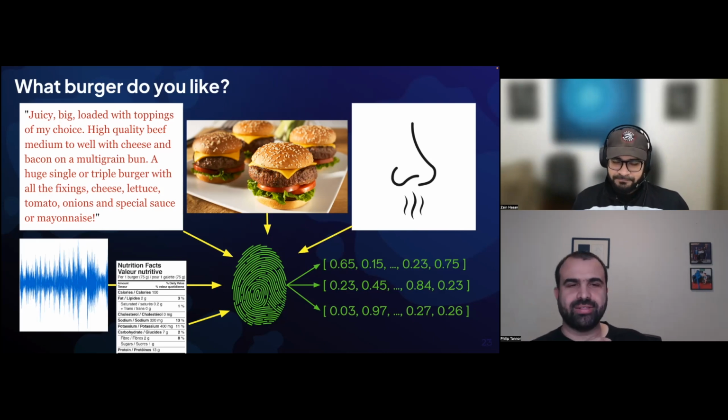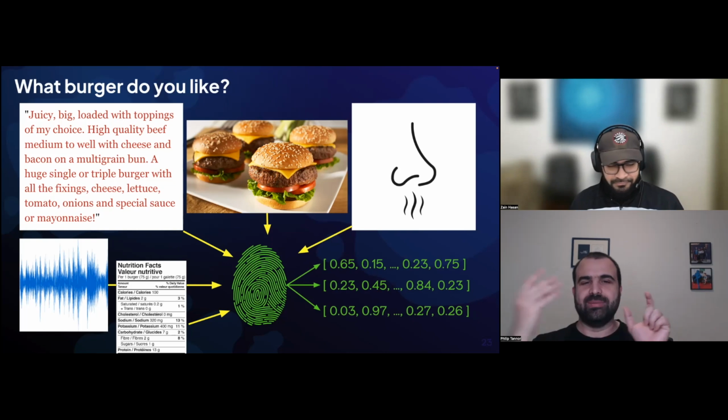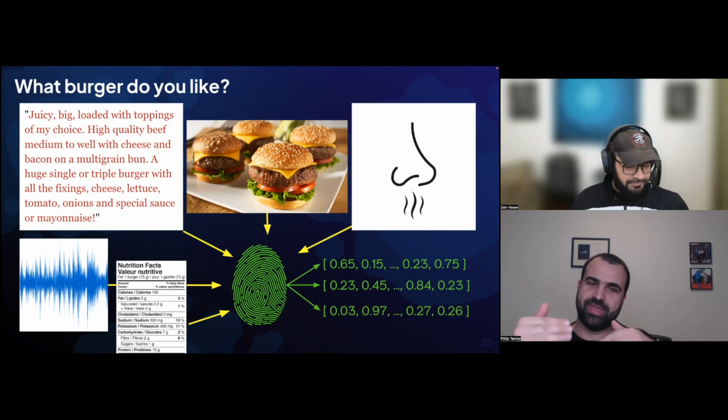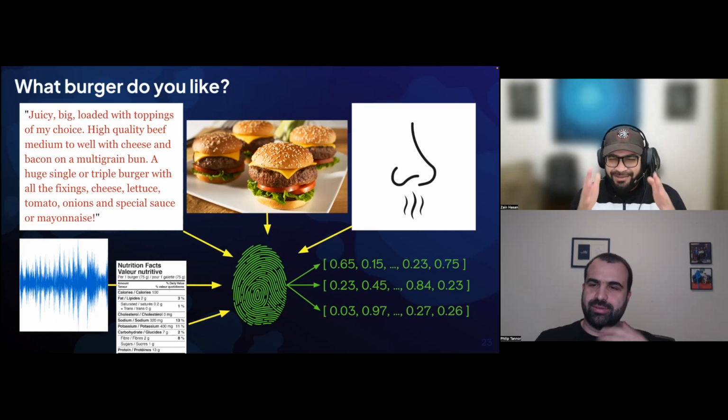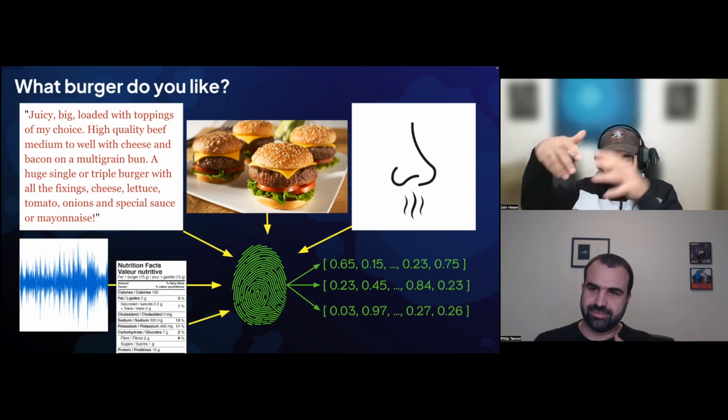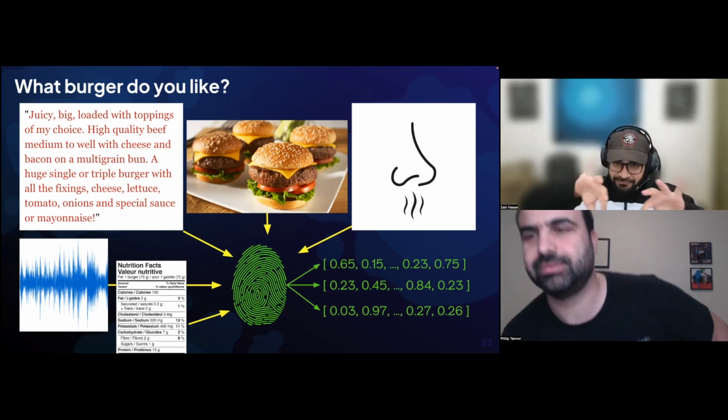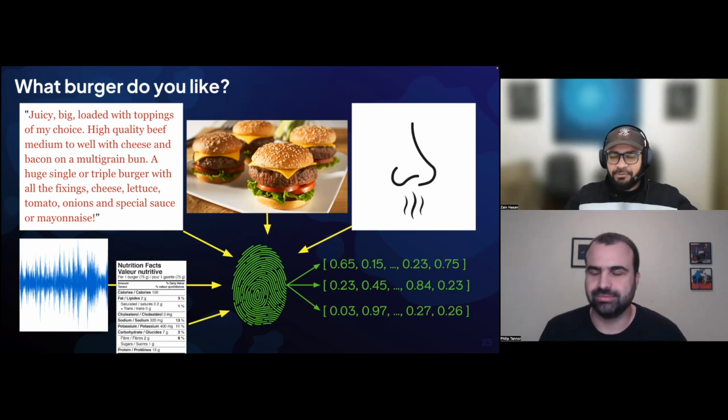Wait, so am I getting this? I just want to see if I missed something or not. Could I just take many images of the same object and also have them be different vectors for this? Exactly. So you can take a front image, side image, top image, and they can be separate multi-vector representations of the same object as well.